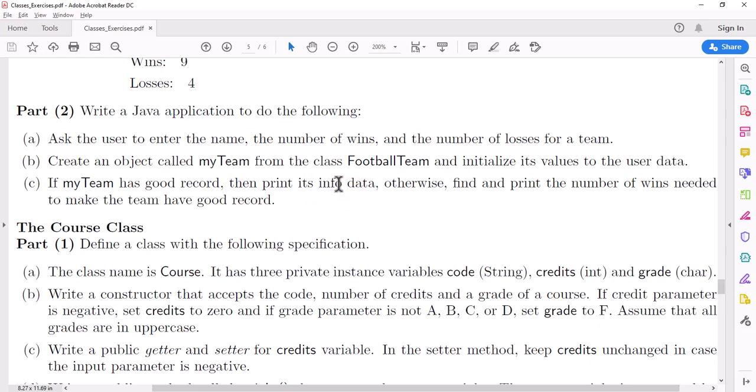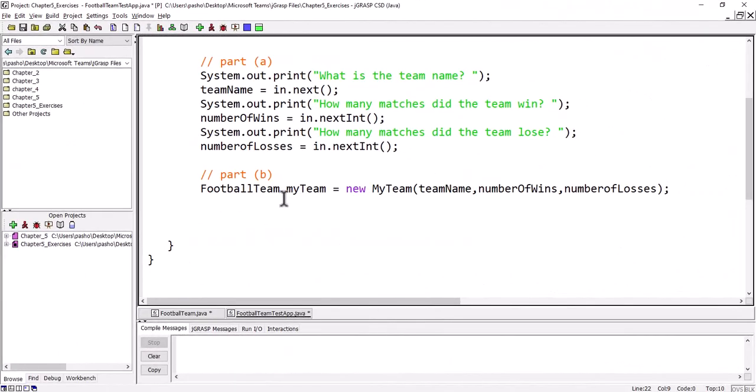We have defined inside the class, and this will print the data. What if the team has no good record? Then we need to find and print the number of wins needed to make the team have a good record. So if it has more losses than wins, how many matches does this team need to win to be in good record? So now for part C, we need to check if my team